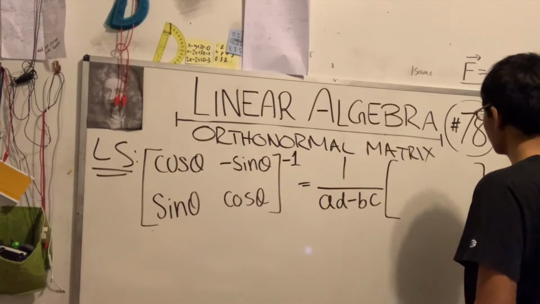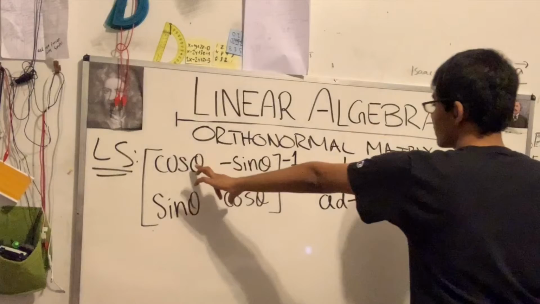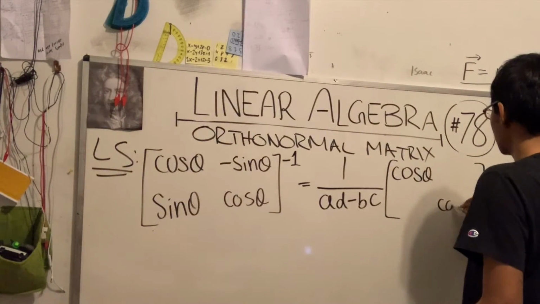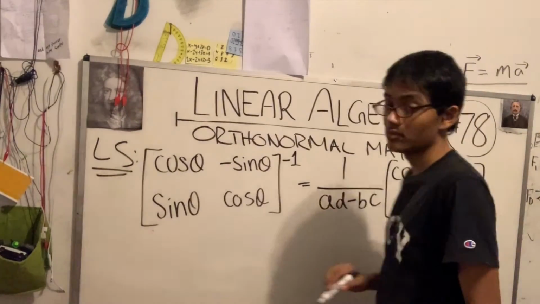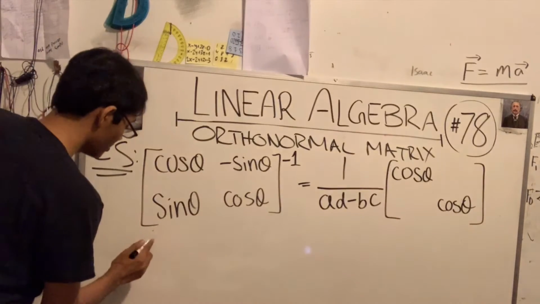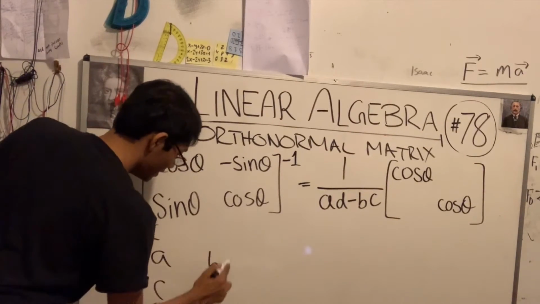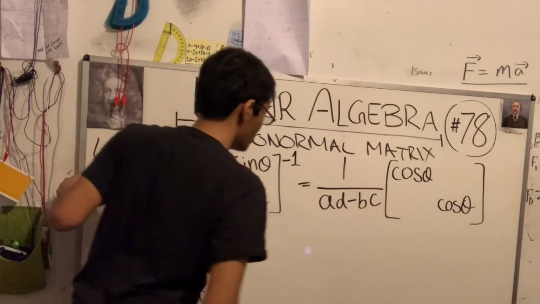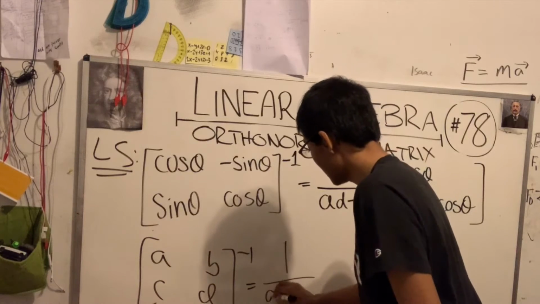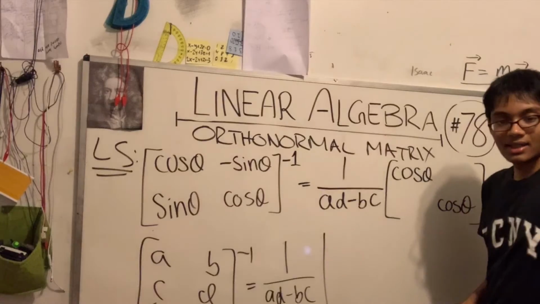Just multiply it with the vector itself, right? But no, we're going to switch the main diagonal. So cosine theta, you switch them, you'll still end up with cosine theta. And then what do? Well, if you forget, you can always hark back to the original formula, right? So if you have any matrix A, B, C, D, of course it has to be a square 2 by 2 matrix. Its inverse is going to be given by 1 over AD minus BC, 1 over the determinant, times